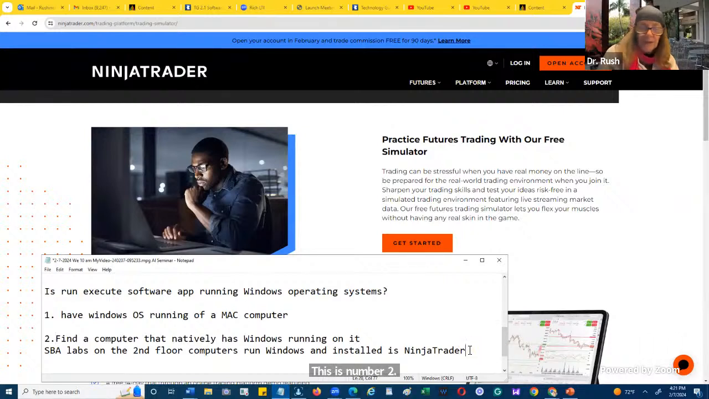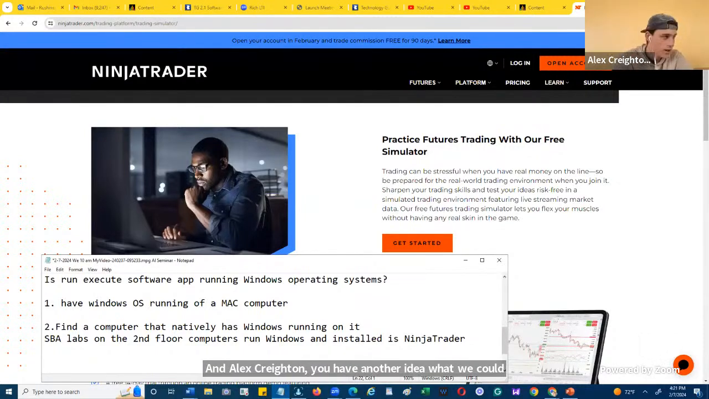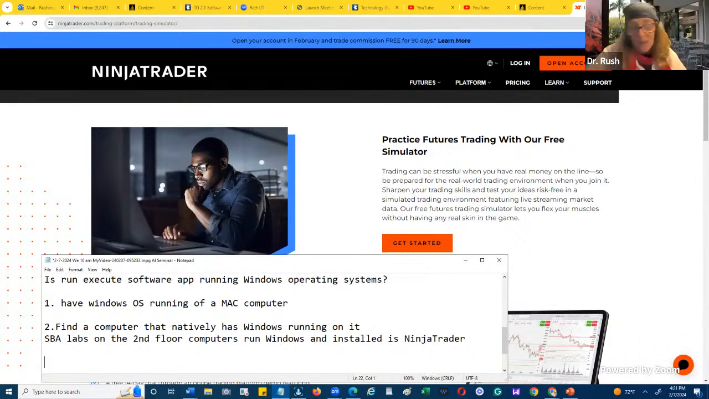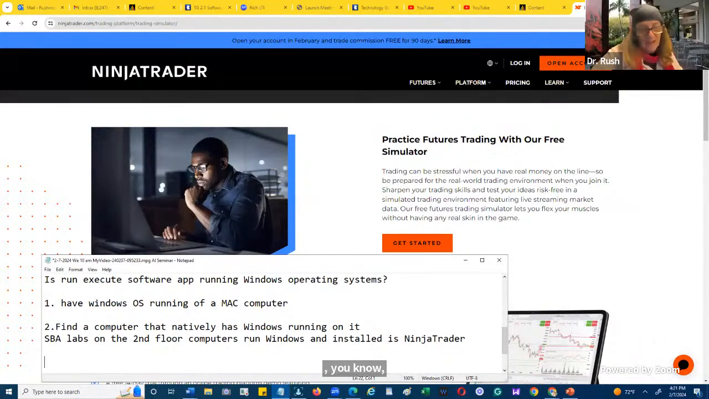And Alex Creighton, you have another idea what we could do? Guess you could buy a Windows computer. I could buy a Windows computer, right? That's another solution, right? Just buy a Windows computer. Probably you could get a low one, a cheaper one. So that's another one. And another one